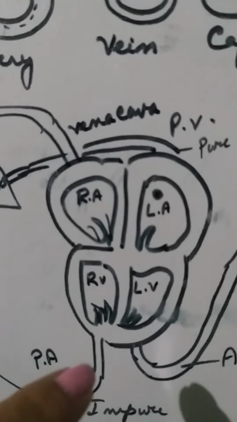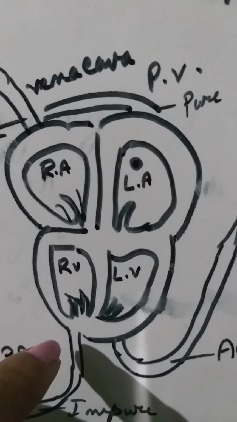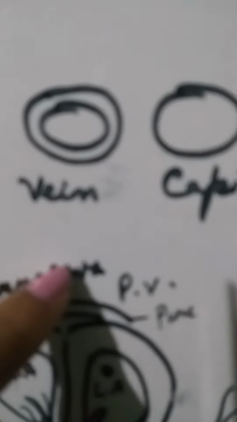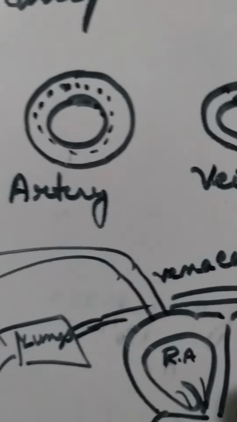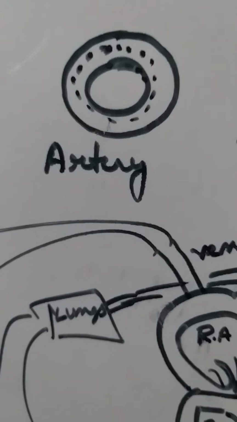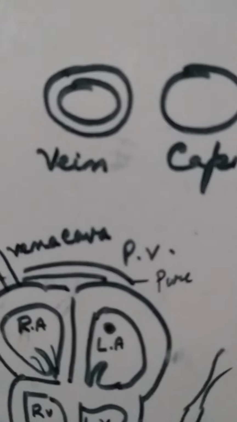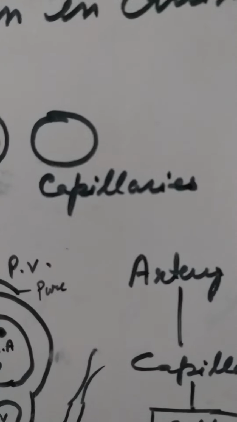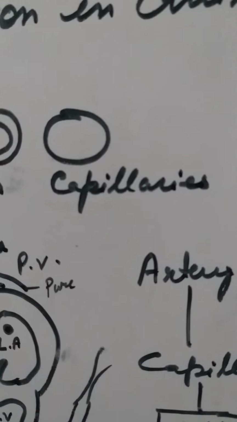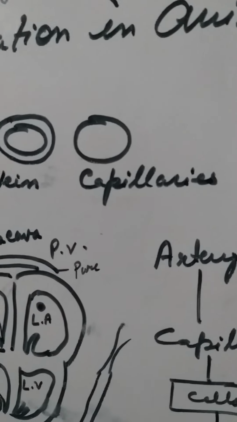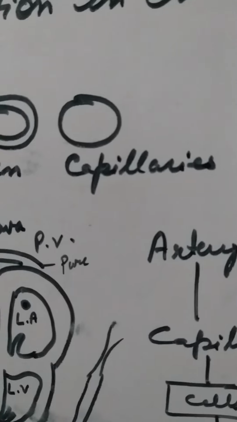Now as I said, the heart is nothing but a pumping organ, and this pumping organ has certain pipes or tubes attached to it. That is known as the artery, the vein, and the capillaries. Arteries are blood vessels that take blood away from the heart. Veins are blood vessels that bring the blood towards the heart, and the capillary is a very fine network of pipelines that forms the junction of an artery and a vein, crossing a tissue or a cell.